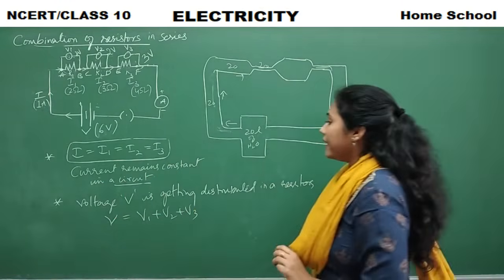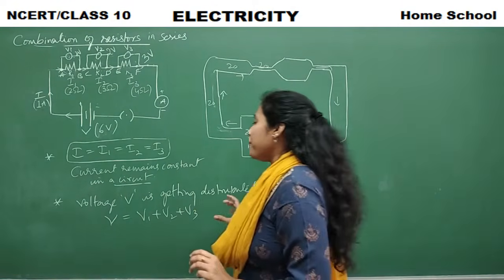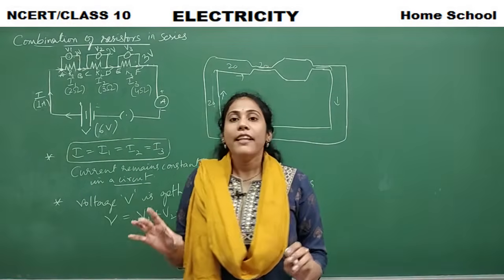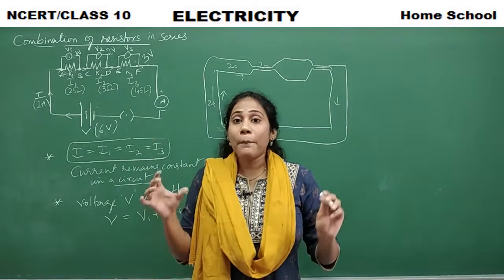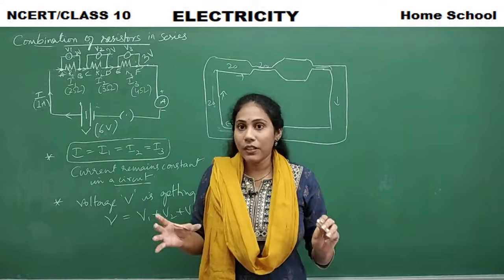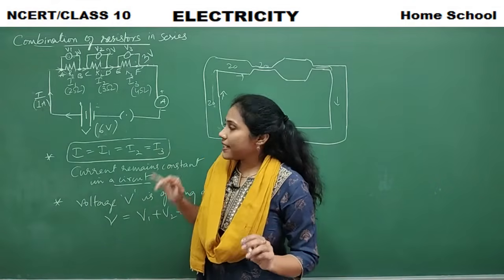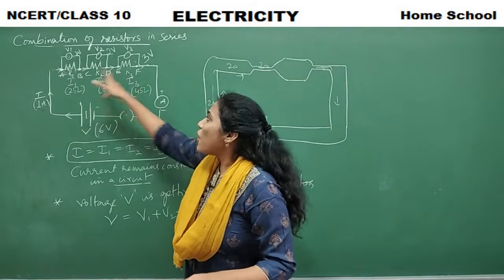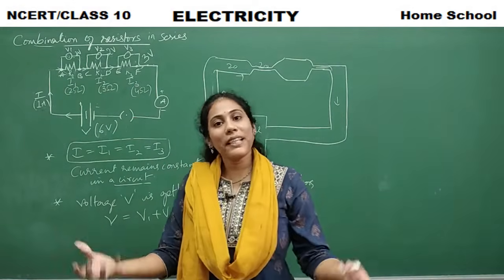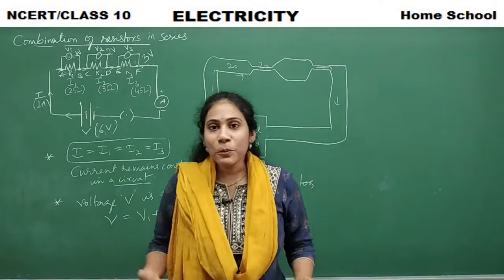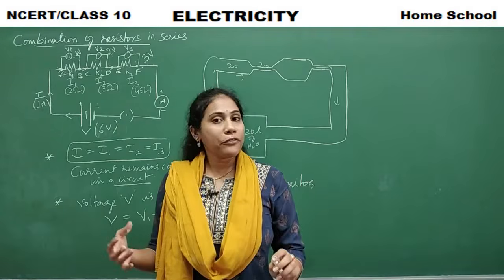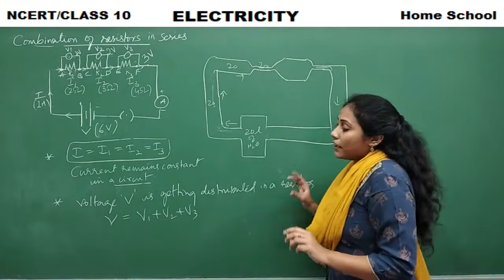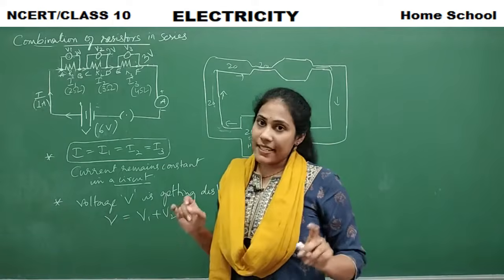Okay, fine. Now let us try to find the total resistance in a circuit. How much total resistance can there be in a circuit? How do you get the total resistance? Logically thinking, if you add the resistances of all 3 resistors, that would be the total resistance, right? But from the board examination point of view, you have to derive this. So let us see the derivation of finding the total resistance in a circuit.